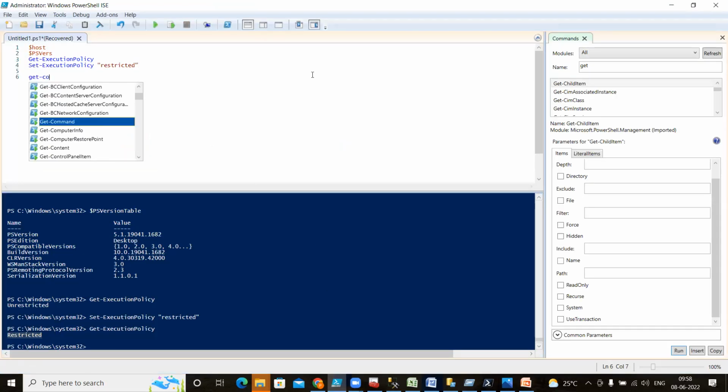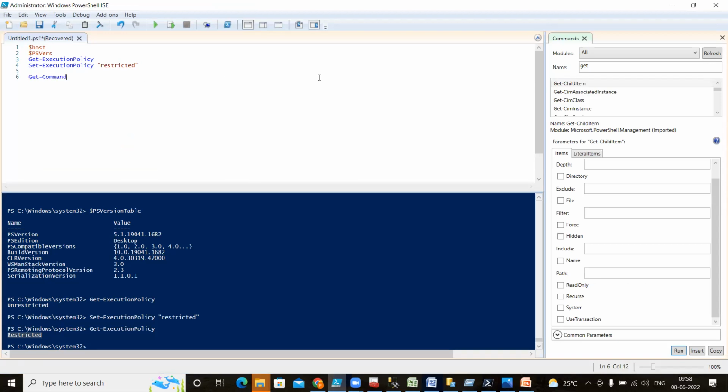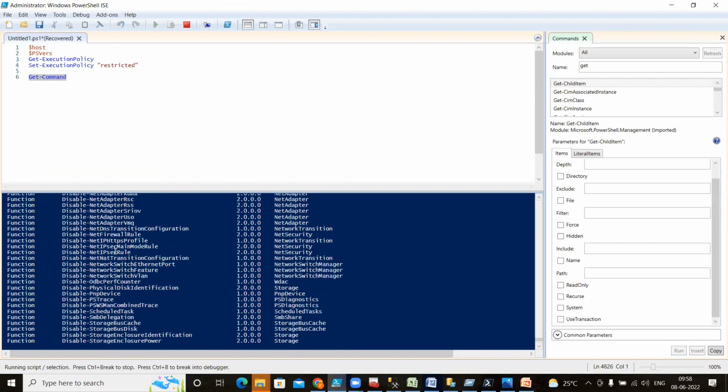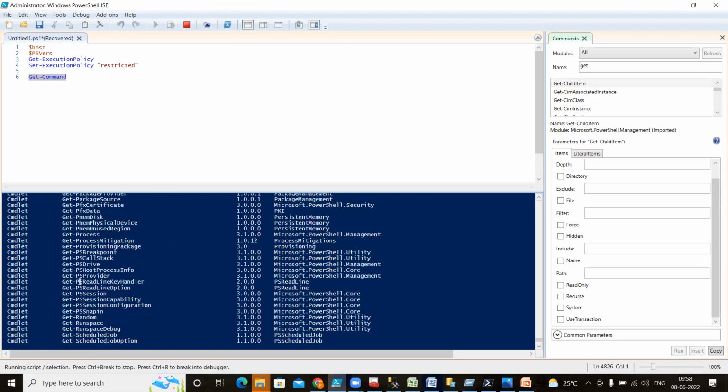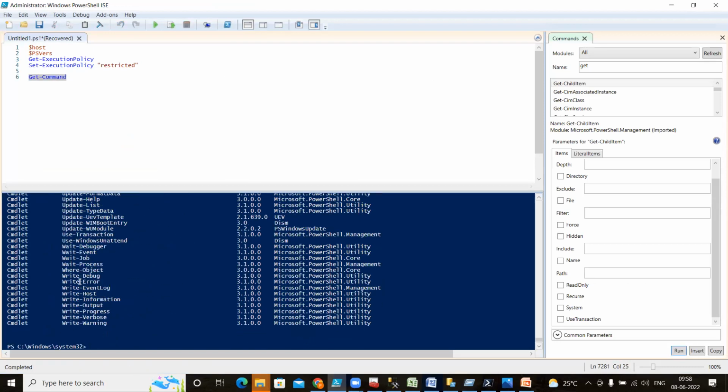If I run this Get command, you will see how many Get commands there are. Inside that Get command, there are multiple commands you will be able to see. Here you will not be able to see them all, so what I am going to do is take all this into a notepad file. If you want to take any result into the notepad, what you have to do is type